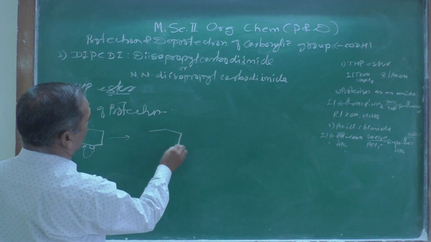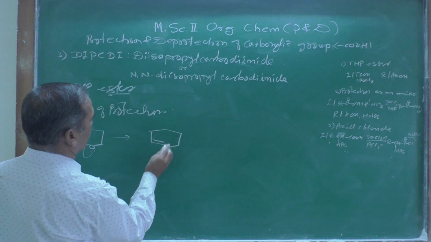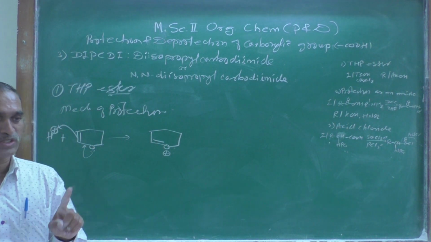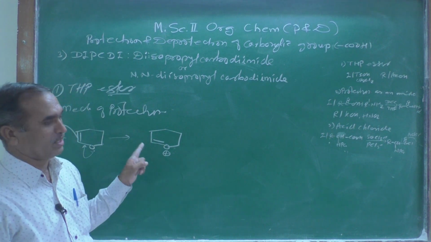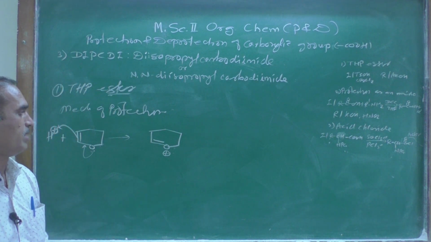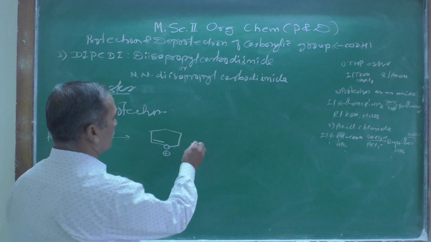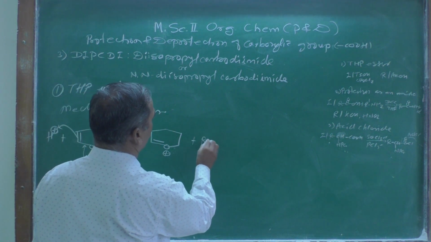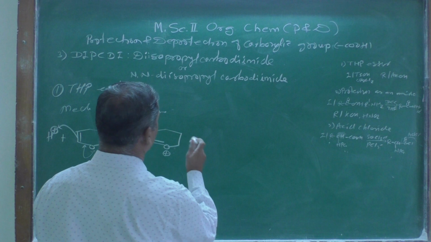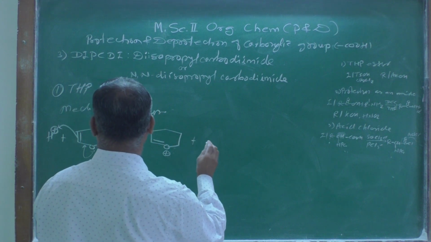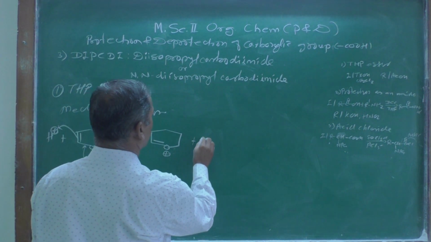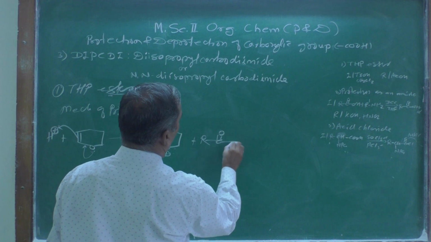Therefore, what do you get here? You are going to get this O, then a double bond. Now a positive charge comes on that oxygen atom. Whenever there is a positive charge on a more electronegative atom, that species becomes highly unstable in nature. So now, for the sake of convenience, we can write the acid here, RC double bond OH.